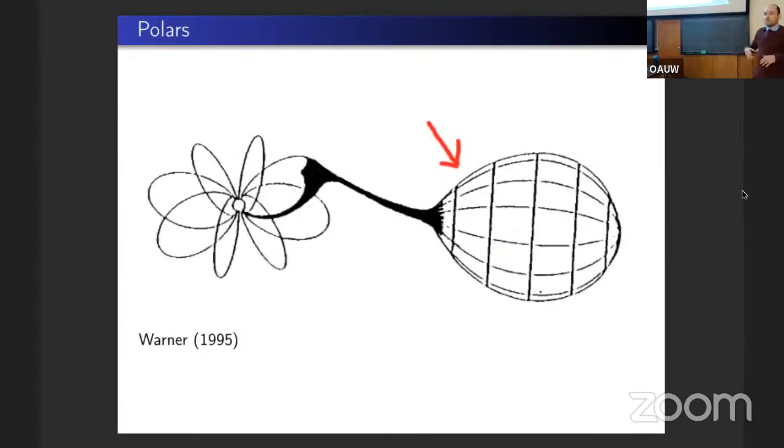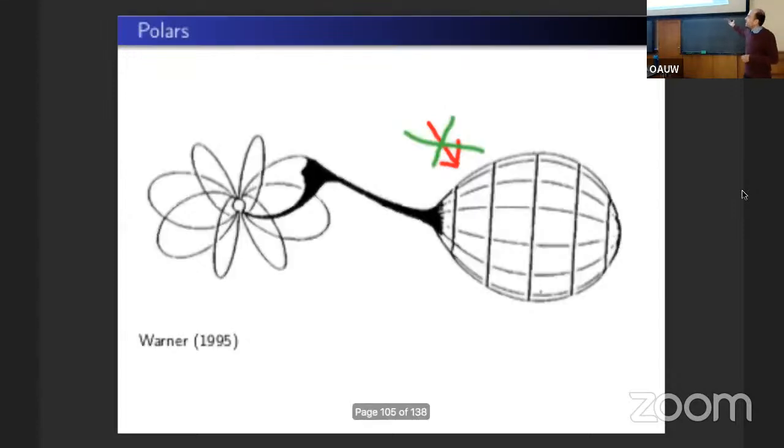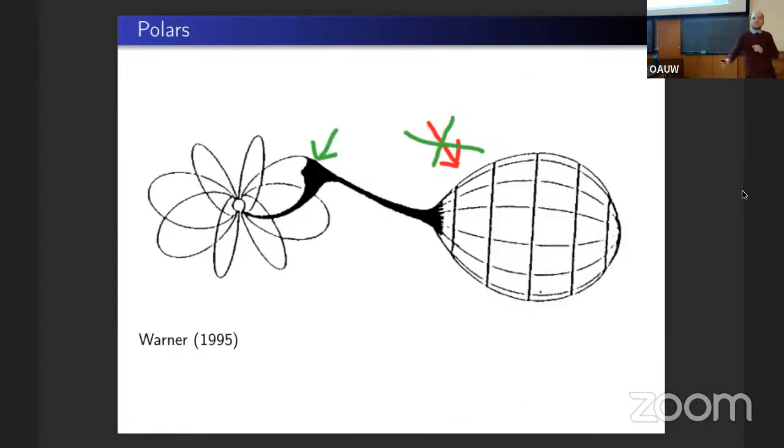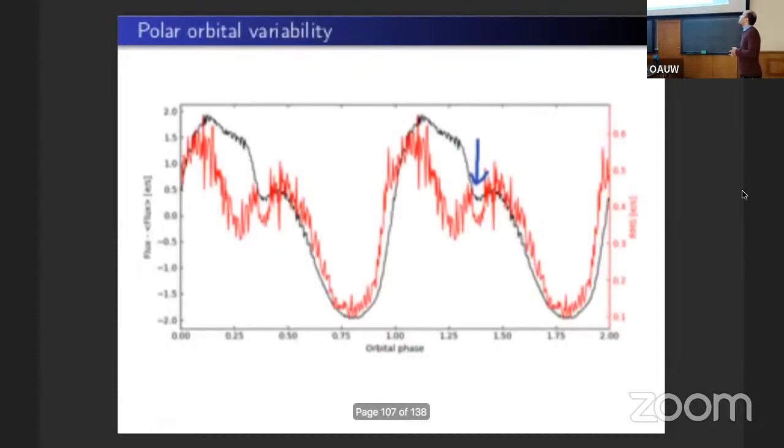So some people may be wondering how we can develop new eclipses where there were none before. And this is because usually in binary stars, the eclipse is by one of the stars. So in a cataclysmic variable, it is eclipsed, but the eclipse is usually by the main sequence star, but not here. Instead, the eclipse was by the accretion stream itself. An accretion stream can change its geometry very fast. You just need a slight change in mass transfer rate and it can change the geometry significantly. So the eclipse was not by the main sequence star, but by the accretion stream. So that's how it could develop.